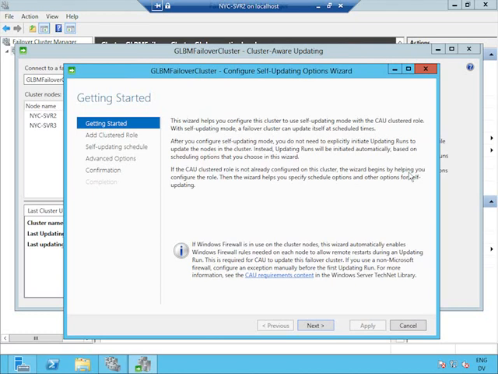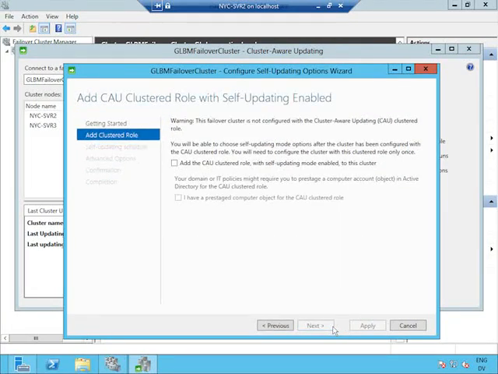Okay, so the self-updating options wizard is online, gives us some basic information. As I click next, we can see in this first major screen for the wizard that the way the self-updating tool works is by installing a new clustered role. In addition to the virtual machine roles, the DHCP server roles, the other roles that I've configured to fail over and fail back across my failover cluster servers, I can add a new role dedicated to the job of doing